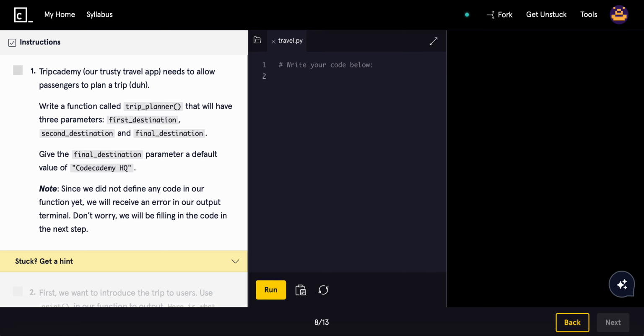Okay, we have def trip planner, and then it's going to take in the parameters: first destination, second destination, and finally the third destination. All right, and then give the final destination